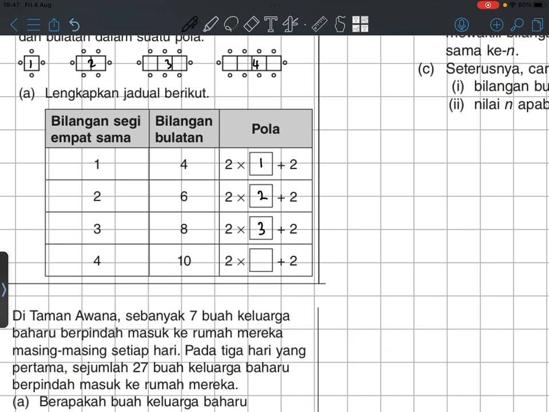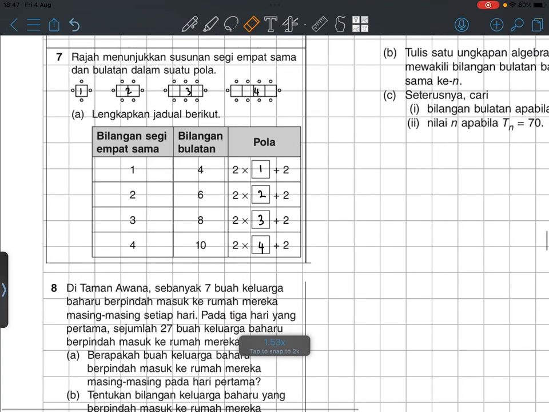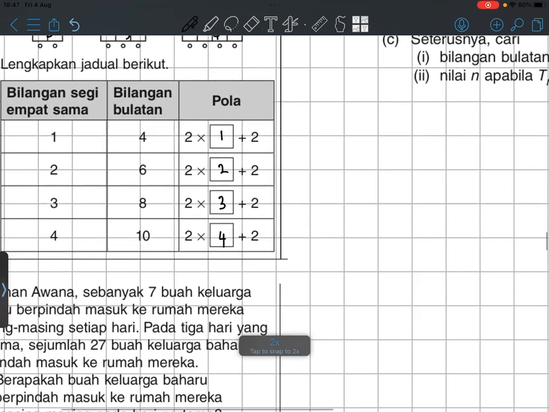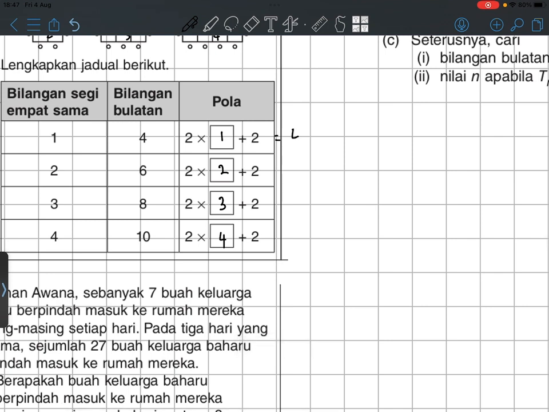So the number of squares is 3, 1 2 3 4, okay. So when you multiply 2 with the number of squares, then you plus 2. Why do you plus 2? Because the pattern here is increasing by 2 each time, okay. So by observing the pattern, you can see that this satisfies the question. So you can check. This is actually 4, this is actually 6, this is actually 8, this is actually 10,